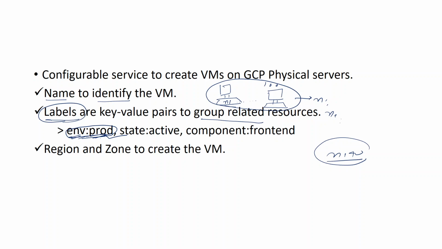Now moving ahead, if we wish to create a VM, then that VM will be hosted on some physical server, and those physical servers will be in some zone, isn't it? We know the importance of regions and zones in GCP. So when we create a VM, we need to specify the region and zone in which the VM will get created. Now let's go to the Google console page and see the steps by which we can get the VM up and running.